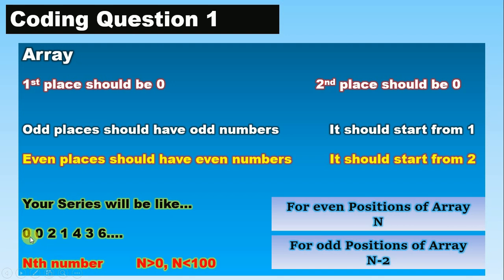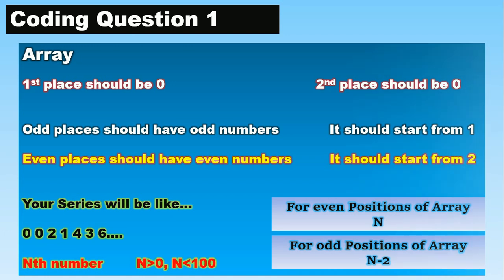This is 0 position, this is first position, this is second position, this is third position. So for third position you have to print n minus 2, that is 3 minus 2, so it will be 1. And this is fifth position, and for that n minus 2, that is 5 minus 2, it will be printed as 3. So there may be multiple methods to solve this question, but this was the easiest that you can follow, and this method will help you to save a lot of time. I hope you will like this method.